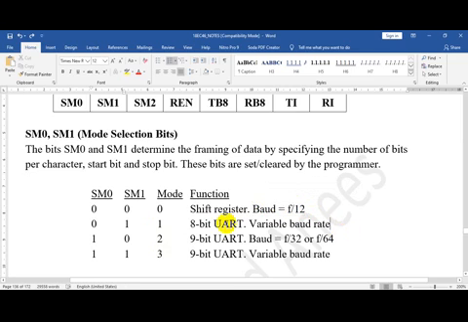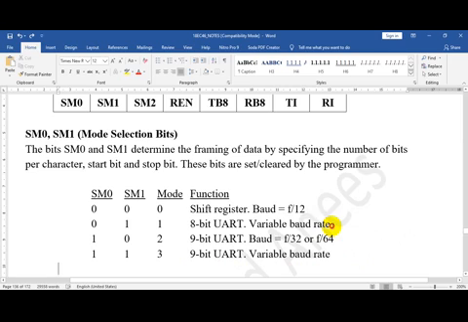If you select mode 1, it will be an 8-bit UART with variable baud rate, so you can configure your baud rate. If you select mode 2, it will be a 9-bit UART, so the data bits are increased here, and your baud rate is fixed, either f by 32 or f by 64. And if it is mode 3, it is a 9-bit UART and you can have a variable baud rate.